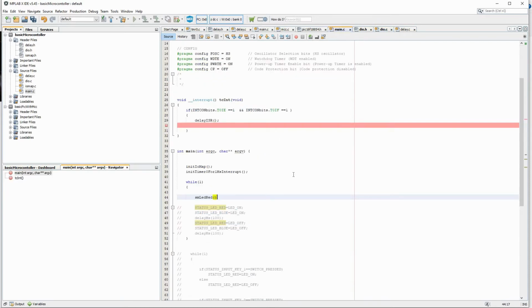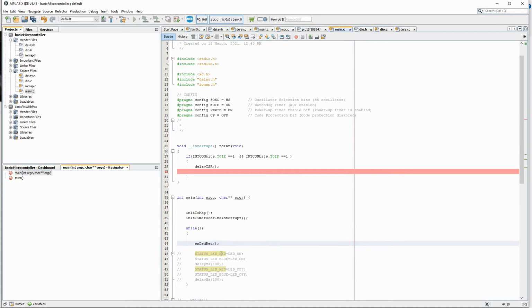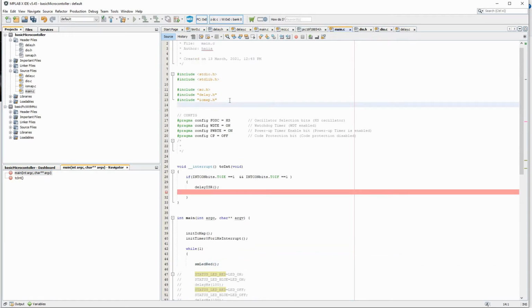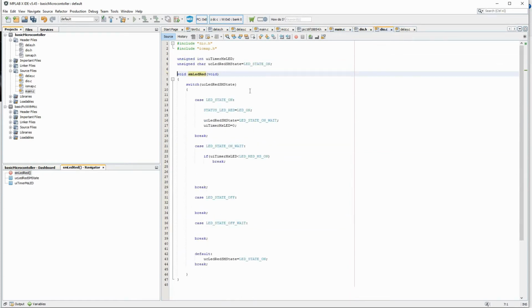So now this function will be called very often, depending on the processor speed, like every 10 microseconds, this function will be continuously called. So let me include this also. Hope you guys have understood why we are doing this include and all these things. Else while you compile, this will not know where this function is. Now because you have included DIO, it will know where this function is.